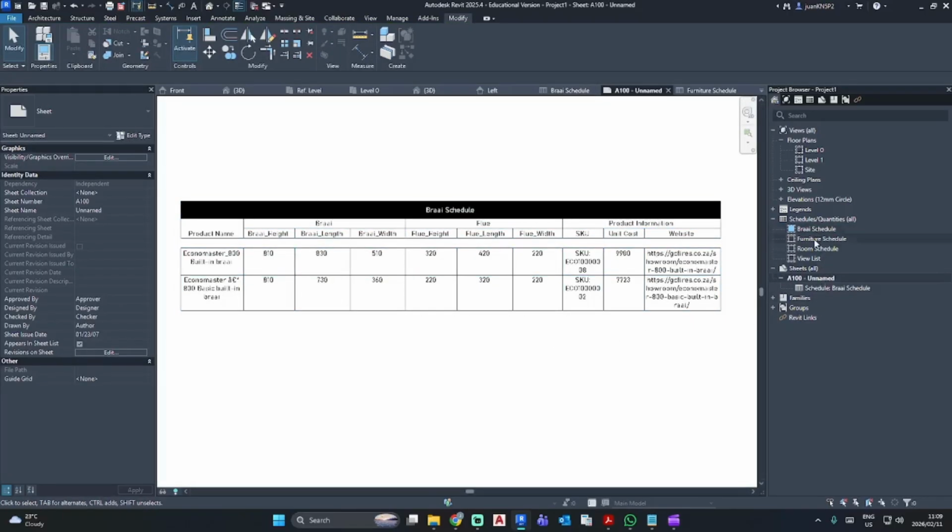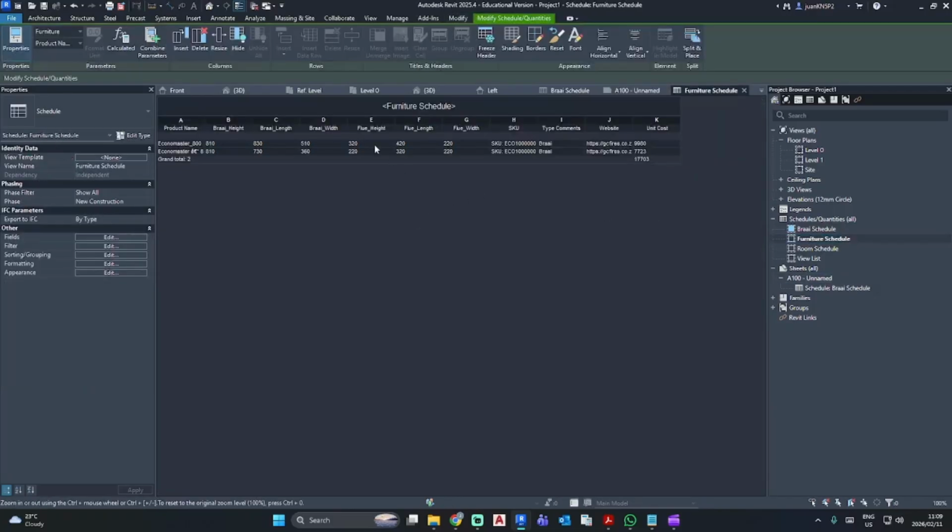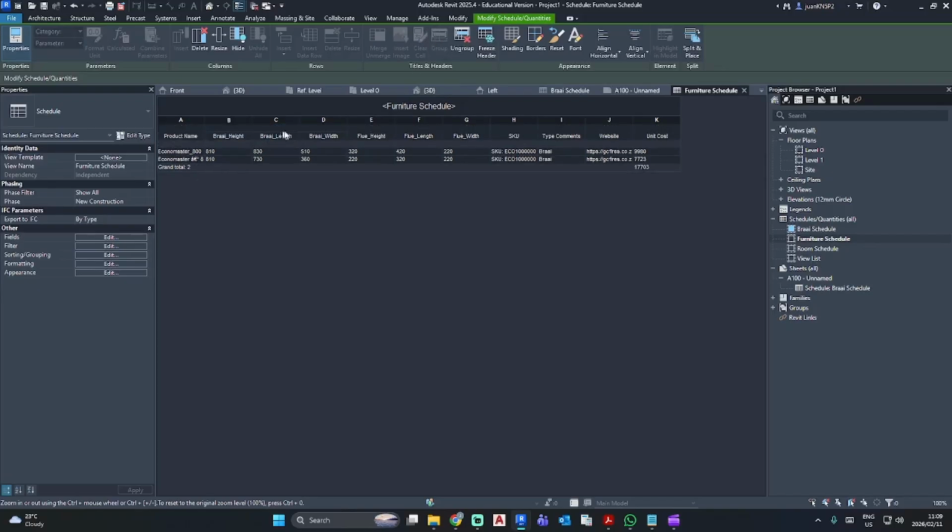So let's go to our schedule. What you want to do is you click and drag. Let me just click on braai width there, and you'll go to group, and you'll see it creates a group. So we can go braai size, for instance, and then do the same with these 3.